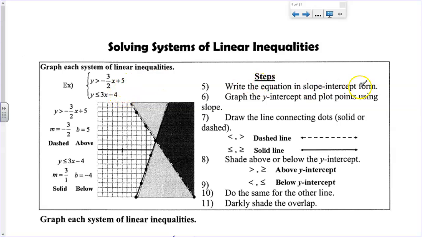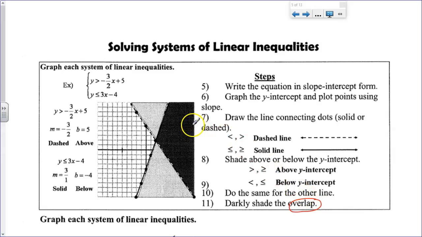So you write the equation in slope-intercept form, graph using the y-intercept, and plot points using the slope. Draw the line connecting dots. Remember, if it's less than or greater than but not equal to, it's a dashed line. Less than or equal to, greater than or equal to, a solid line. You shade above or below: greater than is above, less than is below. Do the same for the other line, and then where they overlap, the dark shade where they overlap is the